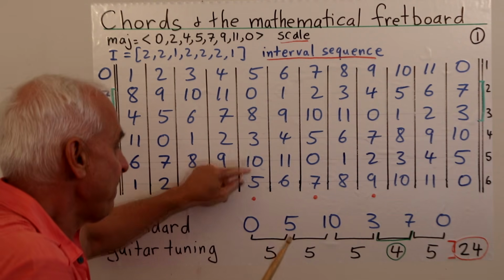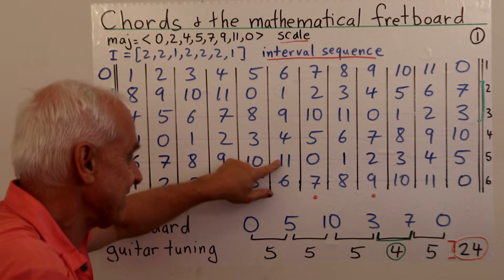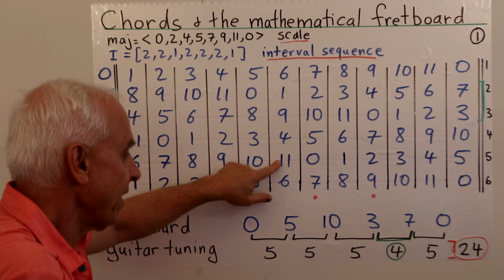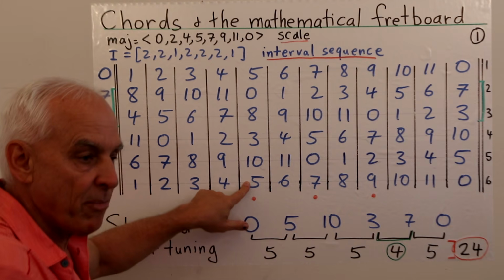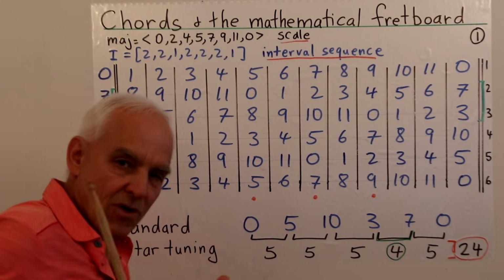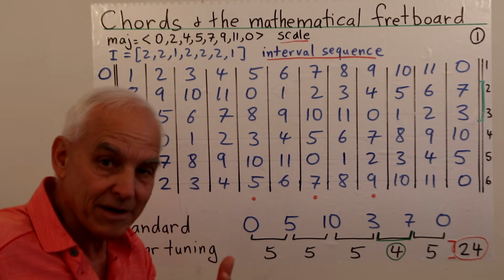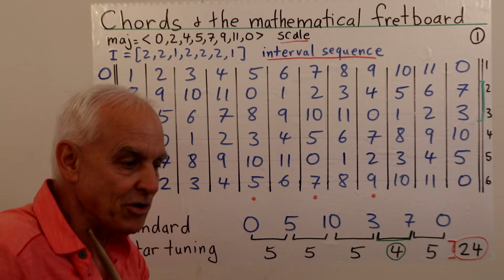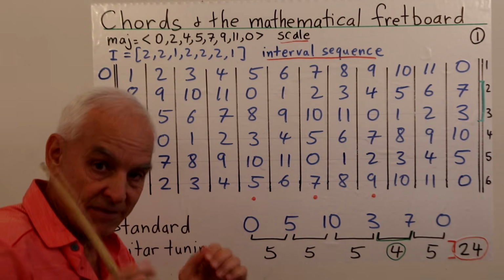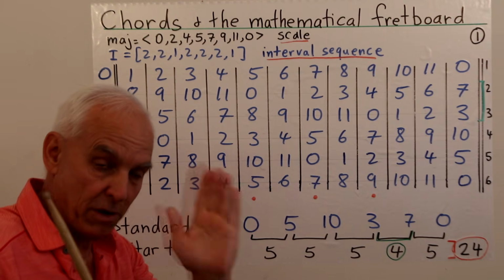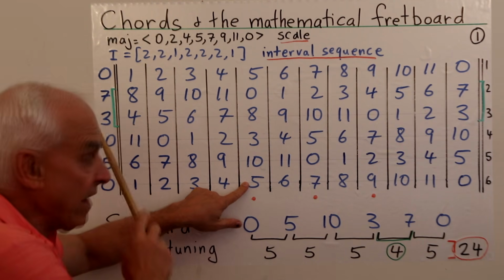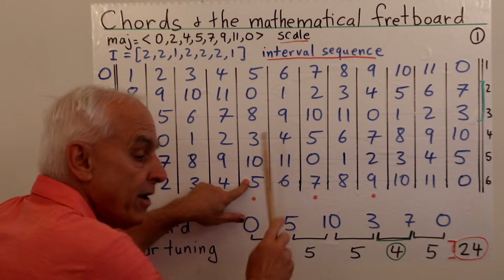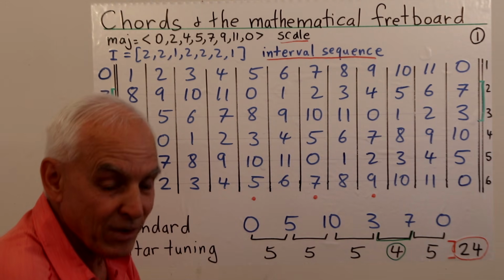Instead of taking a 5 step, we're taking a 6 step. And if we go from here to here, we're taking a 7 step. Now, a sixth step is not that important for most of Western music, but the five step and the seven step are crucially important because they correspond to the perfect fourth and perfect fifth. So going from here to here is a perfect fourth or five step. Going from here to here is a perfect fifth or a seven step.